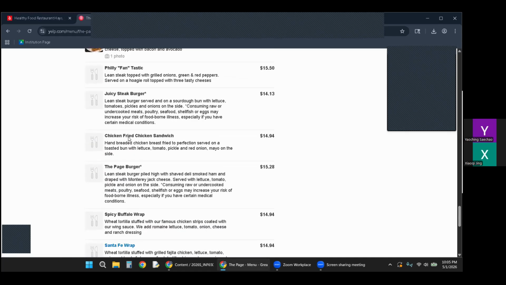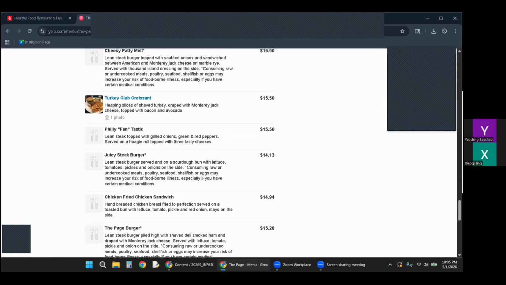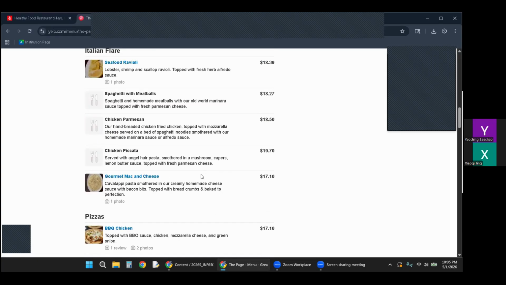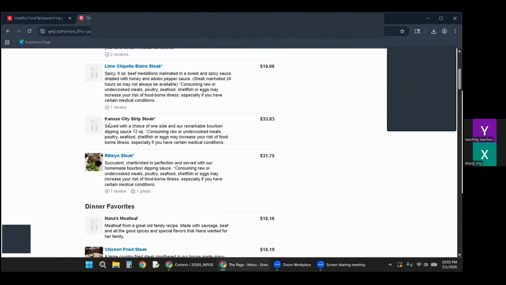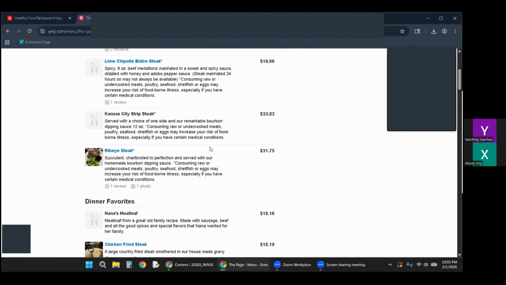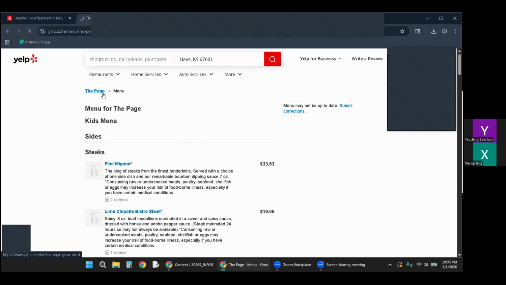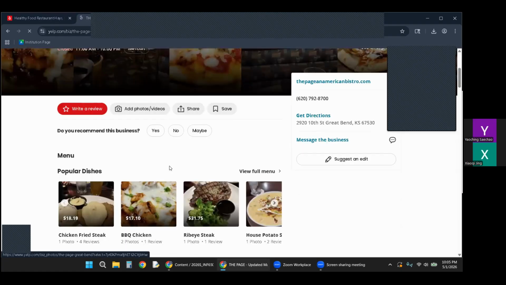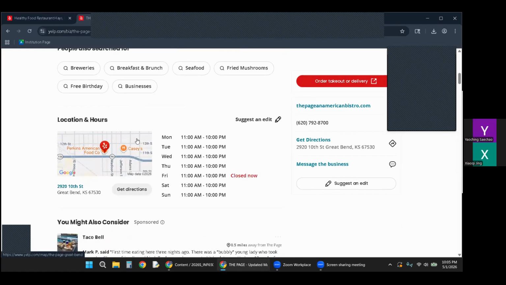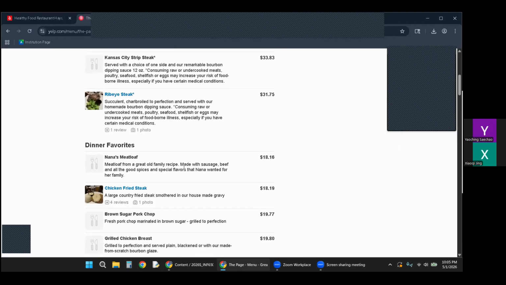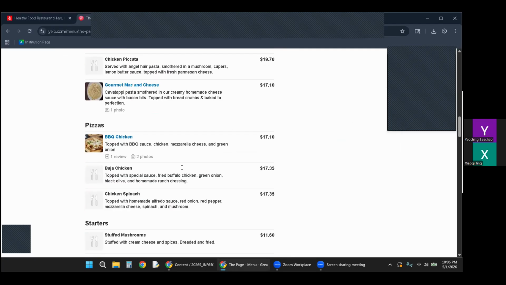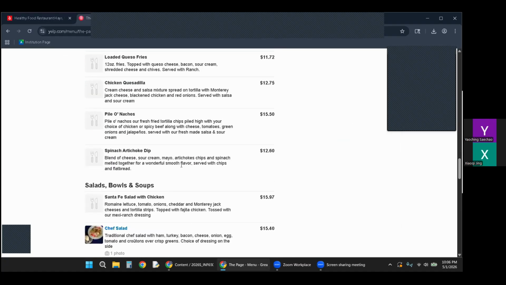It was part of that list, but it gives me the option to look up the menu. But as you can see here, there's no way to click the kids menu. So I feel like that's a little deceiving or even a little disingenuous on how to filter it. But I think overall there was enough in there that I could see the kids could actually like something that's not, quote unquote, fancy.